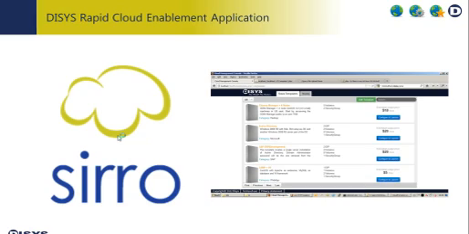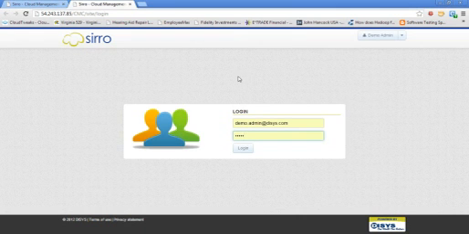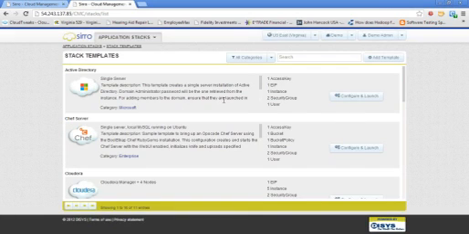So this is, I will actually share the application with you. This is a simple portal-based application that you can log into. Depending on which customers we're engaged with and the use cases we work with them on, we'll provide our customers with a set of templates and applications available for them specifically to use.